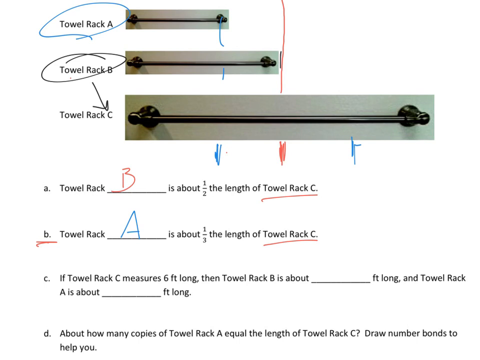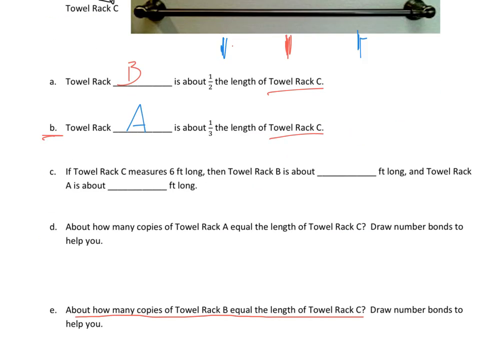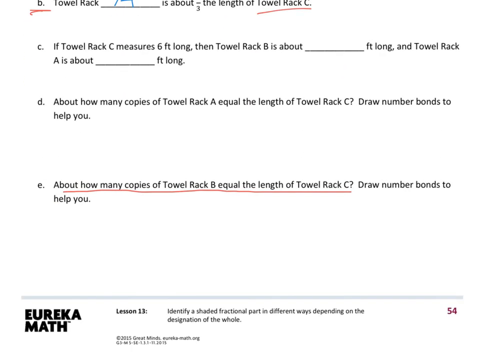And I can see that it's about halfway, so if I put another towel rack in here that's the same length as B, it'll equal it. So the question says about how many copies of towel rack B? 2 copies of towel rack B will equal